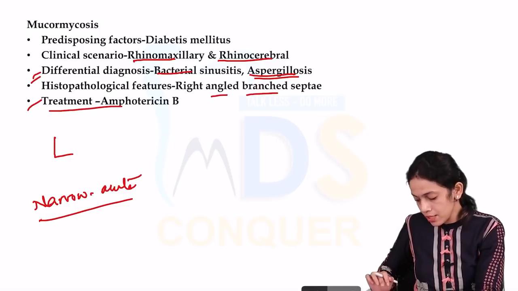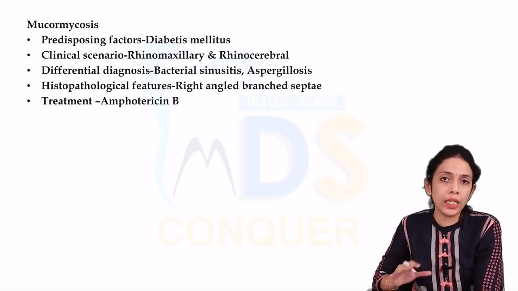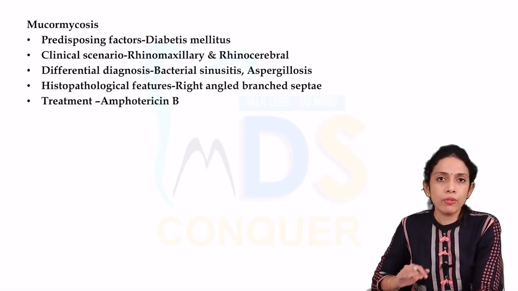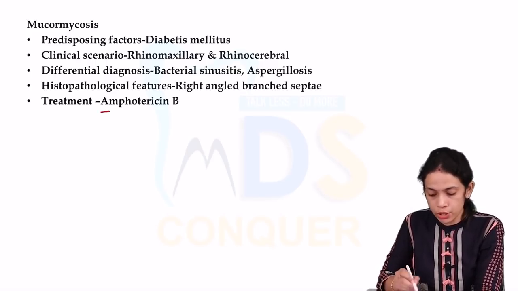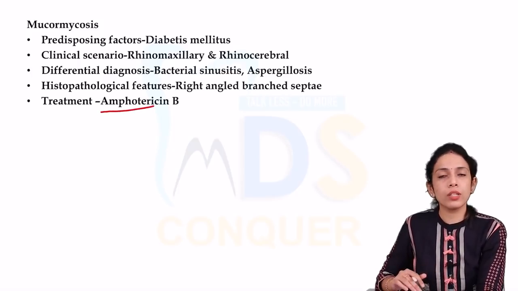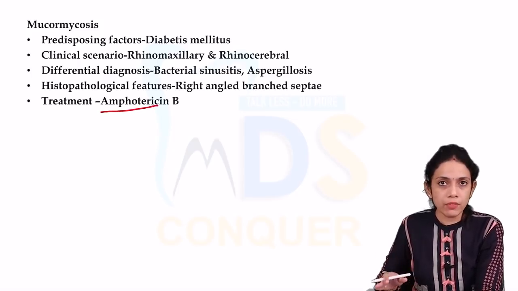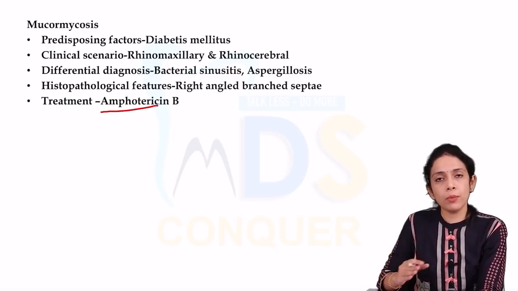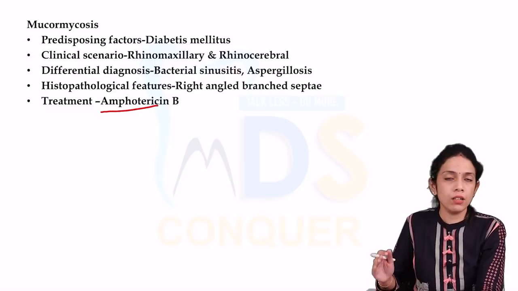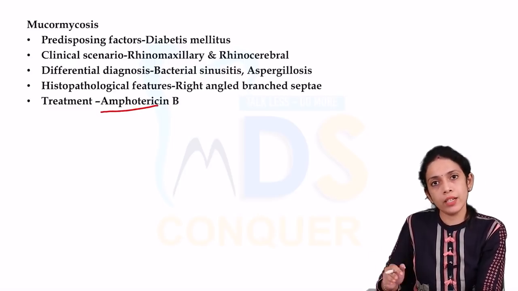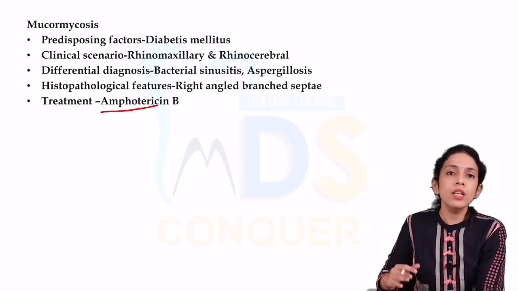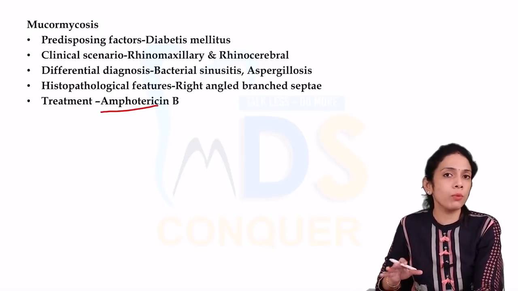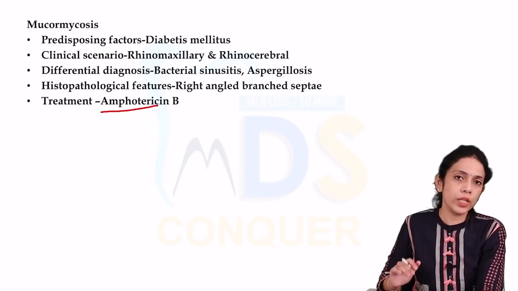So these patients, since it is fatal, you have to go for immediate antifungal treatment. The patient has to be put under intravenous antifungal, especially amphotericin B. Okay, so that is the main treatment that is being given, so that the prognosis of the disease will be better. It has to be started immediately and then you have to observe for the symptoms to improve. So that is regarding mucormycosis, which is a very important fungal disease that you need to know.